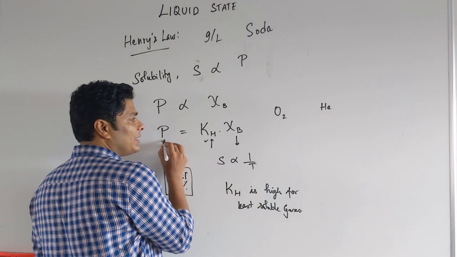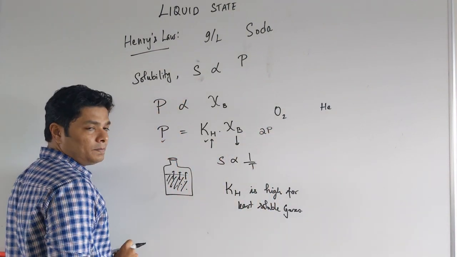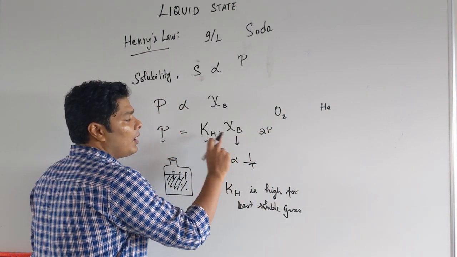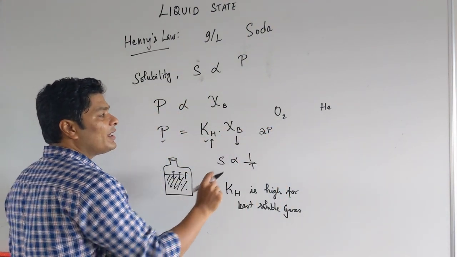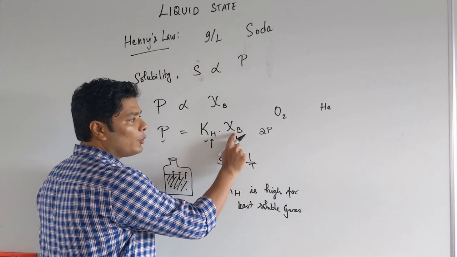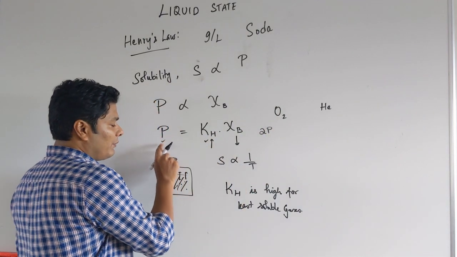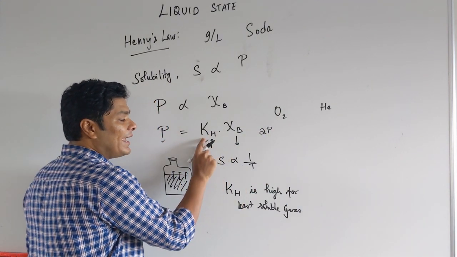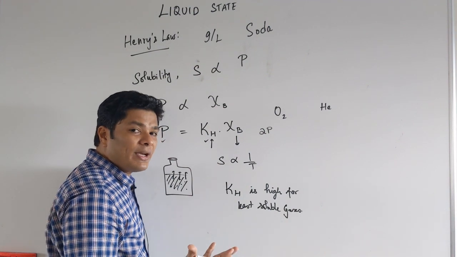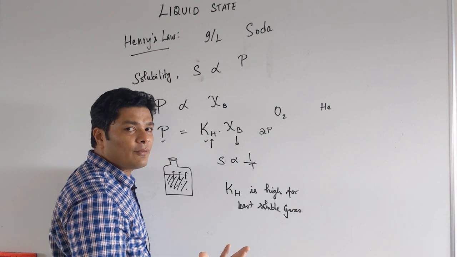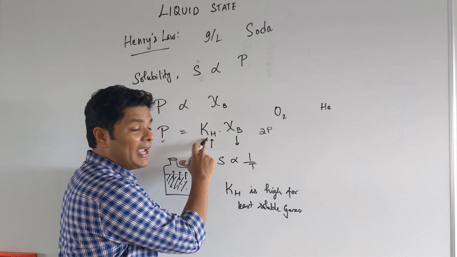The pressure has increased, let us say for example to 2 times P. Now, what will happen? The solubility of both of these is going to increase, but it will increase more for O2 because the KH is less. For helium, for the given pressure, solubility will be less because KH is more, because it is least soluble. It is an inert gas and its molecular mass is low, so van der Waals force is low. So, helium is going to be lower in solubility because of very high KH.